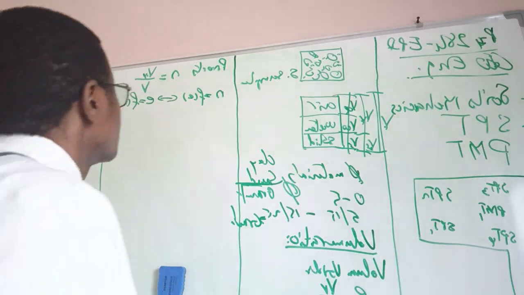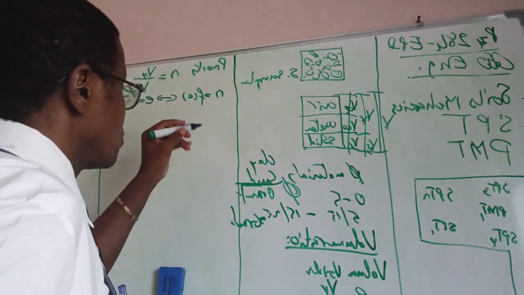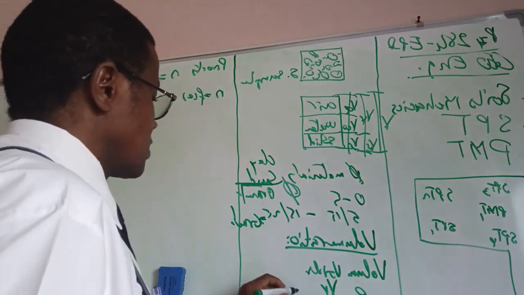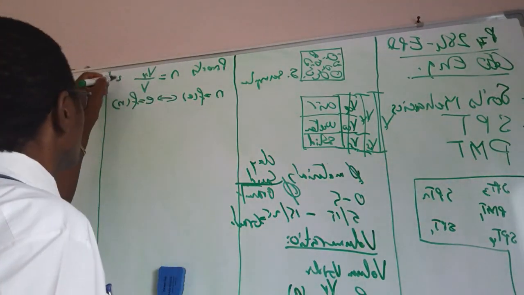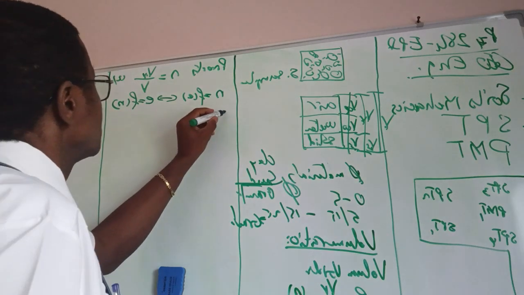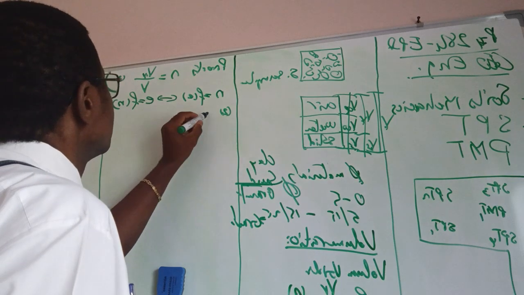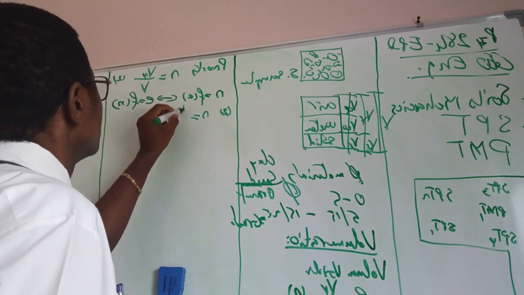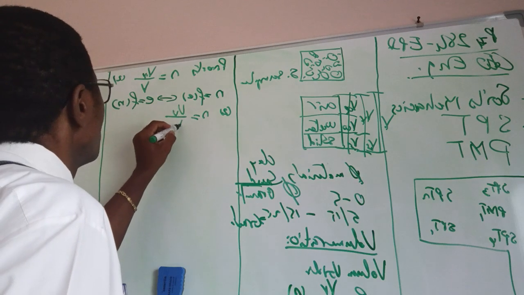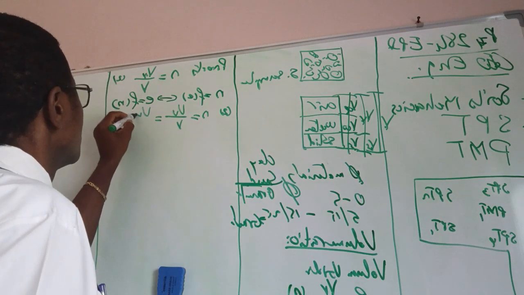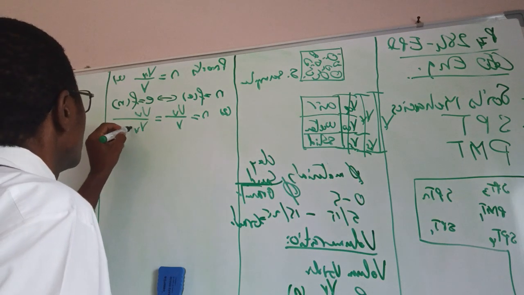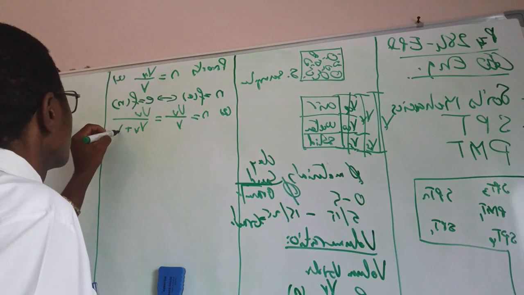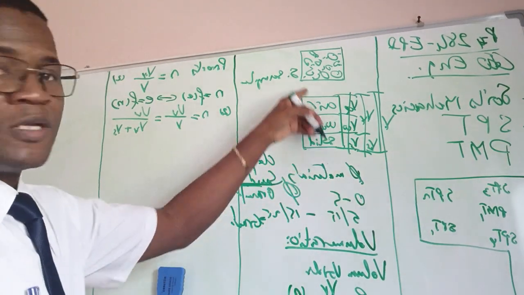Let's say equation 1, equation 2. According to 2, it is the same thing: n equals the volume of voids over the total volume, which is equal to the volume of voids over the volume of voids plus volume of solid, referring to